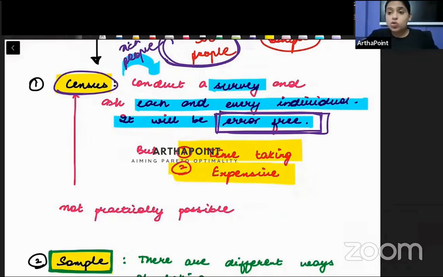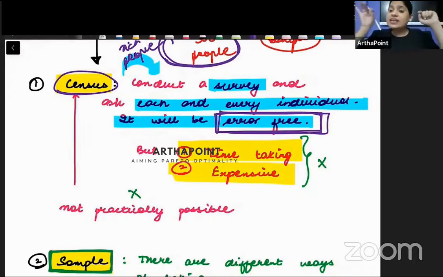Because I have to travel to so many cities, I have to travel to so many houses, right? There is going to be a huge opportunity cost involved also. You are an economics student, you know what is the meaning of opportunity cost. So we understand that number one, this is going to be a very time taking process. Number two, it is going to be a very expensive process. बहुत महंगा होगा, बहुत पैसा लगेगा, बहुत time भी जाएगा. So therefore, this is literally an impossible task to be done. ये करना एकदम ही impossible चीज है, right?